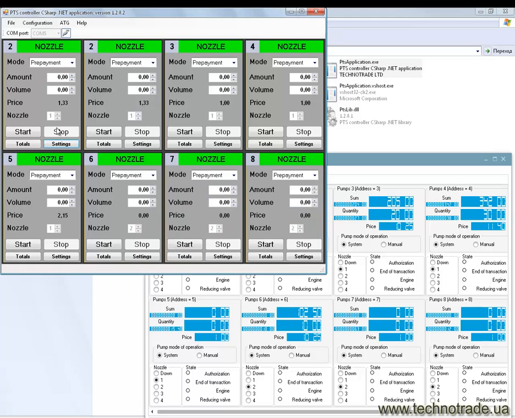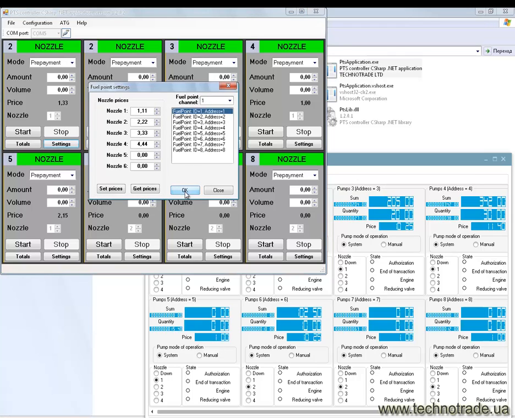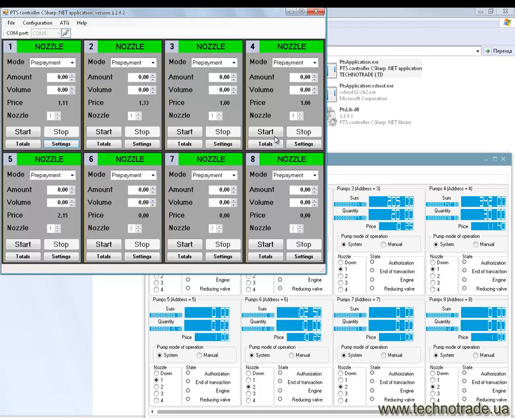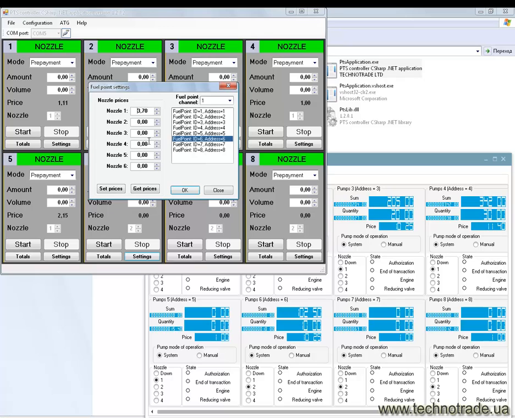Or I can make everyone indicate its own. Now we took up the nozzles. I will set the prices for the nozzles taken up. Let's make it 6, 7, 8,